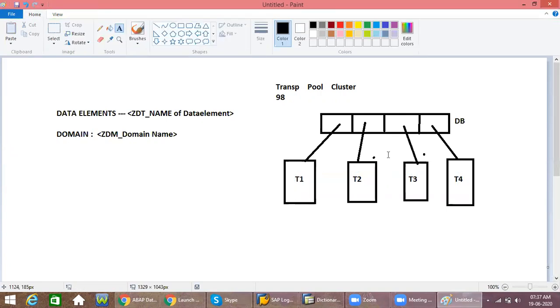Like that, it is divided among transparent tables, pool tables, and cluster tables. It is a single database with different tables it is categorizing.